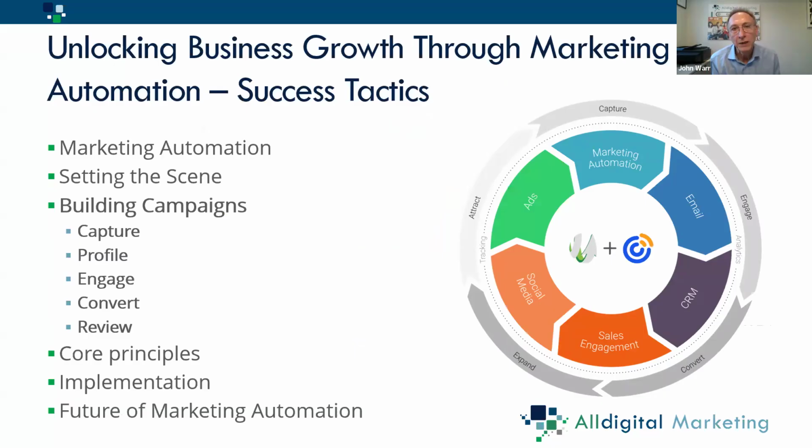So now that we've talked about what it is, let's talk about how you would set such a system up. Let's go through a little bit more about what the tactics are, what you would need to do as a business owner or a marketer to be able to make one of these systems work for you. And what we're going to be talking about is the building campaign section here. So I break it into five sections here. It's around capturing, profiling, engaging, and converting, and then understanding or expanding your solution thereafter.